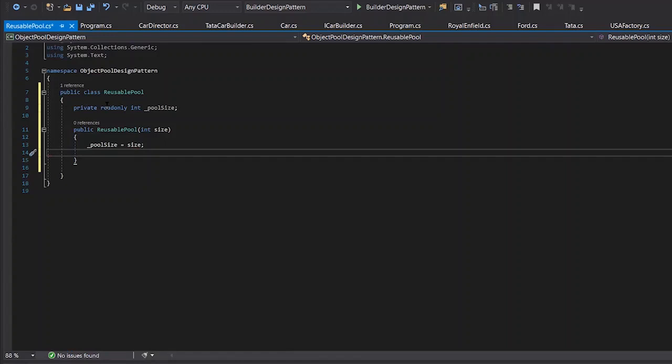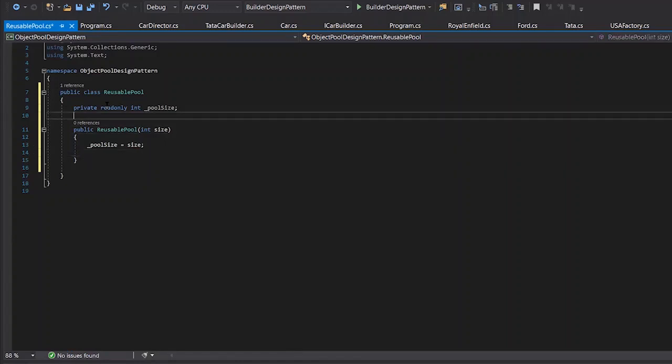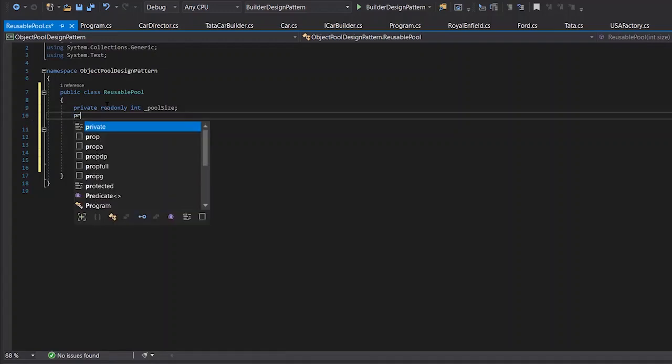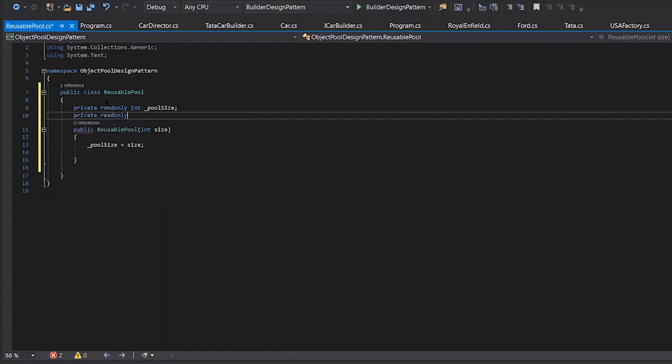Another thing is to maintain a queue, where we will be storing our pre-initialized objects. So let's create our private readonly queue, the pool manager.